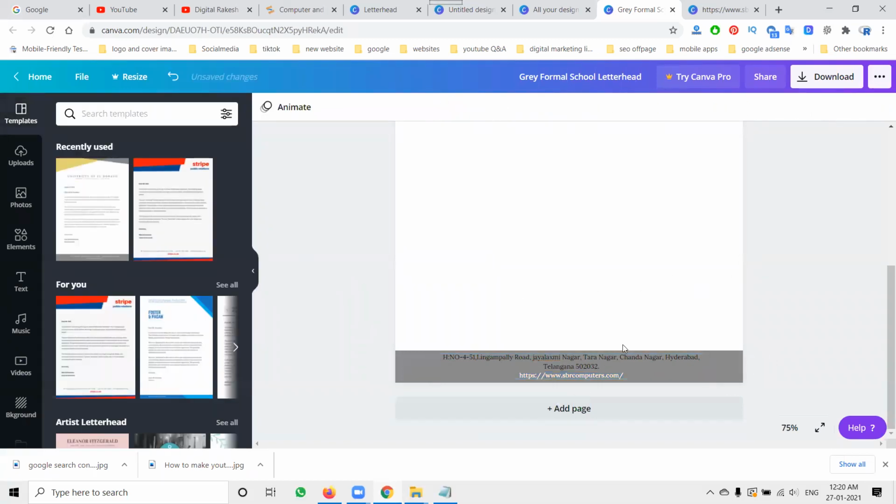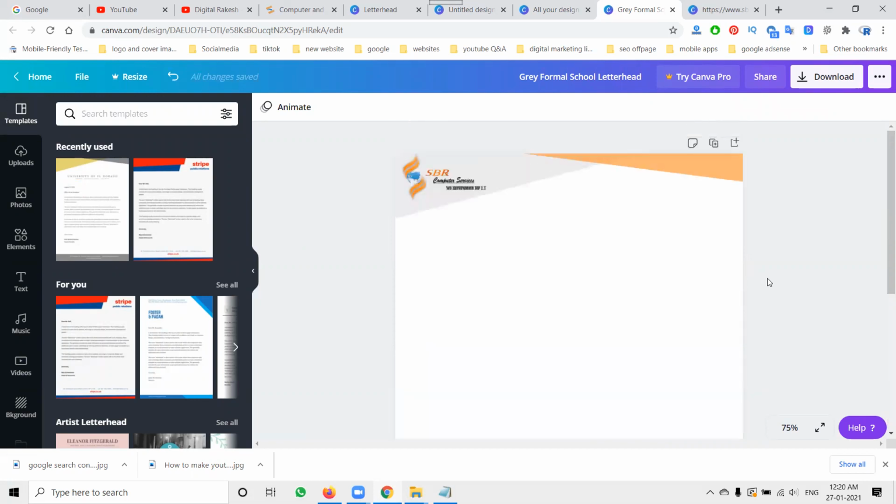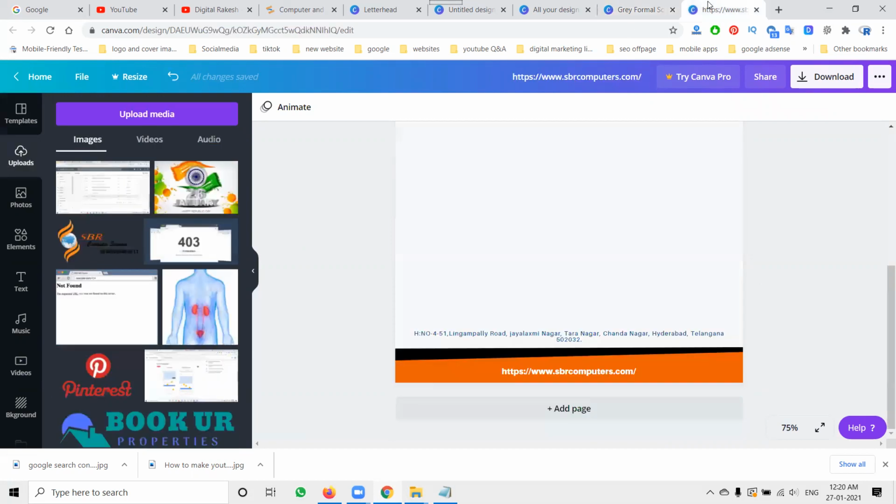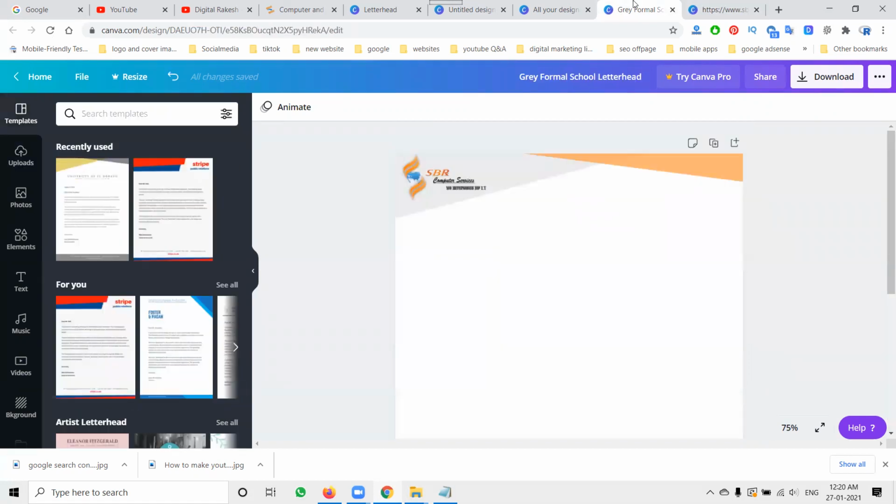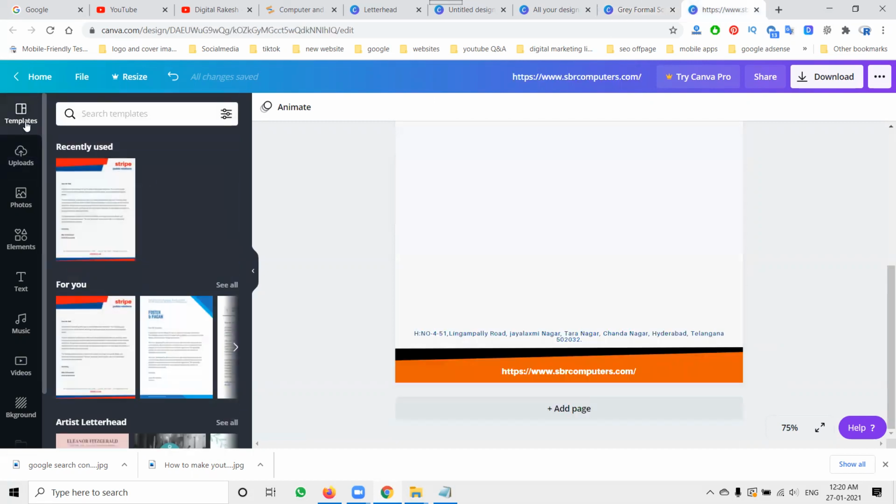So we can design two letterheads, the first one and the second one. Whichever design you are looking for, you can go to those designs here. These are all templates you can use to design letterheads using Canva.